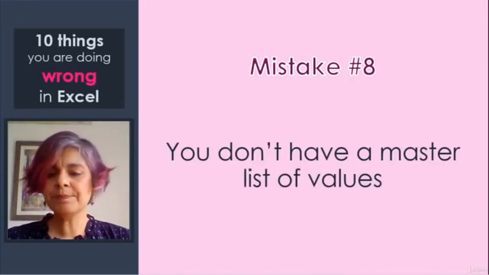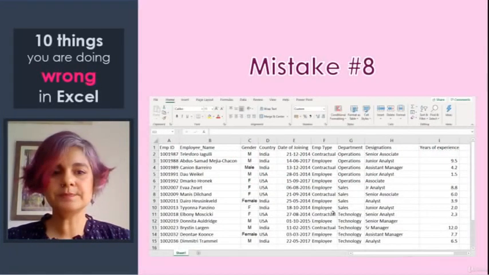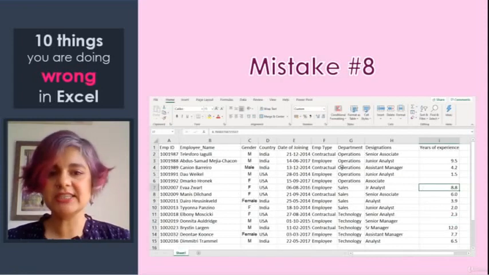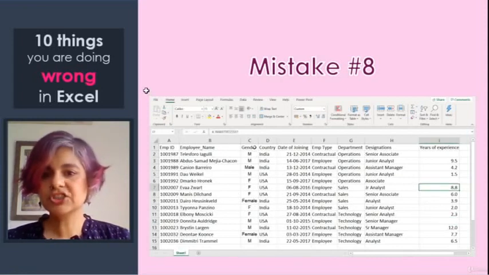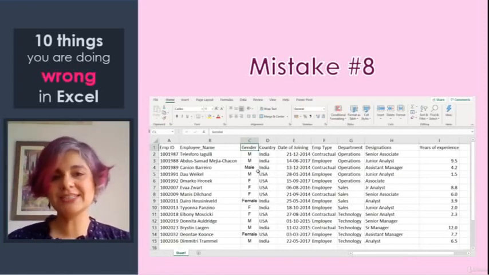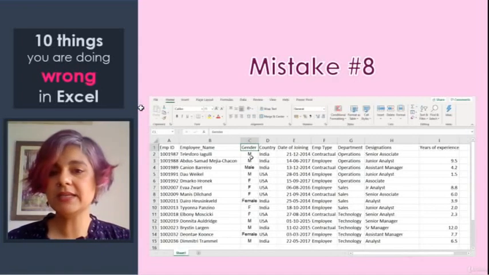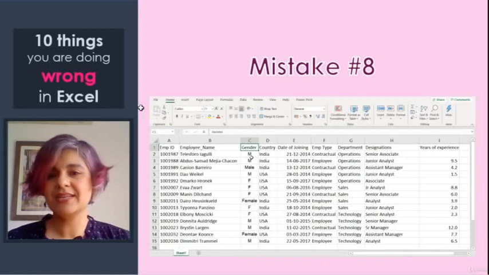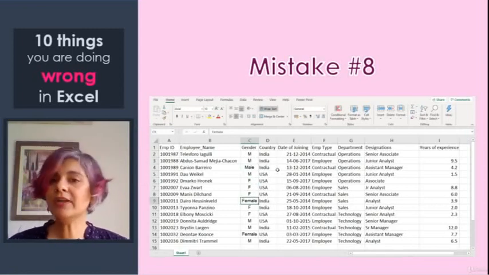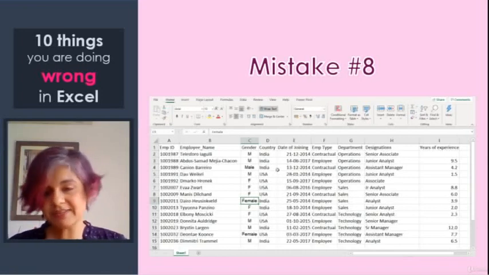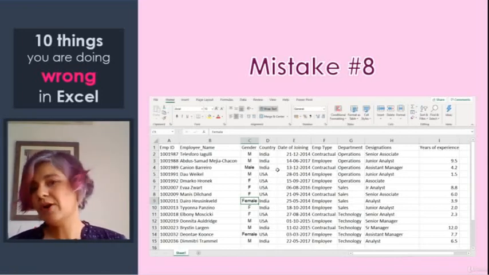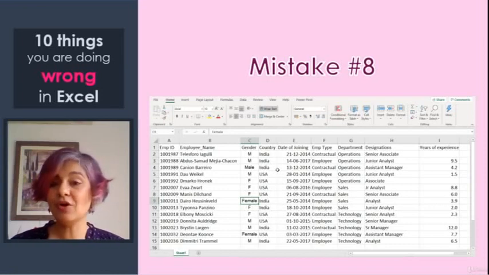Let's try and understand what that means in our Excel sheet. So here, if you look at this Excel sheet, I have the gender, and this is the column that I have used to illustrate this mistake. And you can see that the gender of a person has been written in 2 different ways. So the first one is by just the first alphabet, which is M or F, and the second one is male or female. Now, it's important that we realize that when we have these different values, for Excel or for any spreadsheet software, these are different from each other.